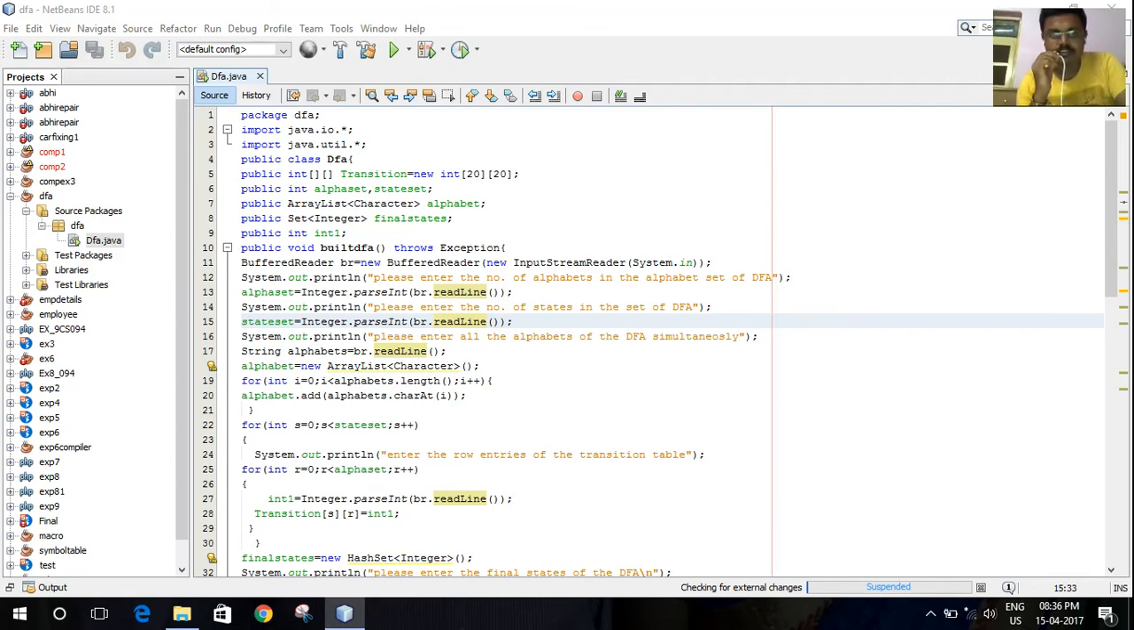Everyone, this is the fifth experiment of compiler lab. In this we have to make a DFA simulator. So the first thing is we are importing all the necessary classes, that is the IO class, then the util class,